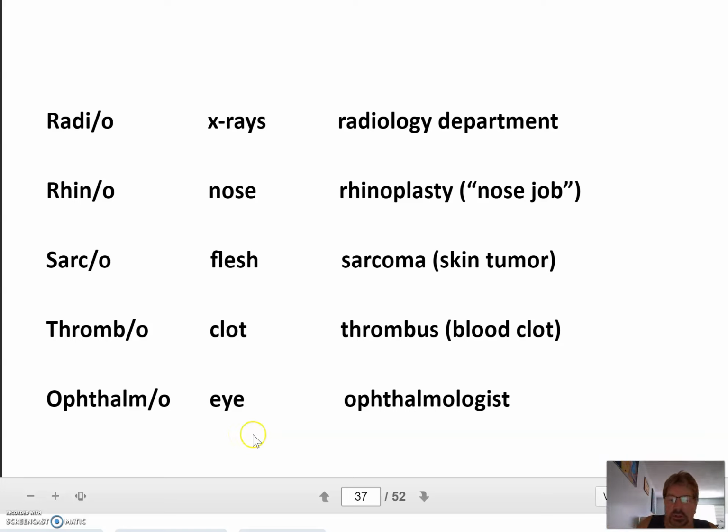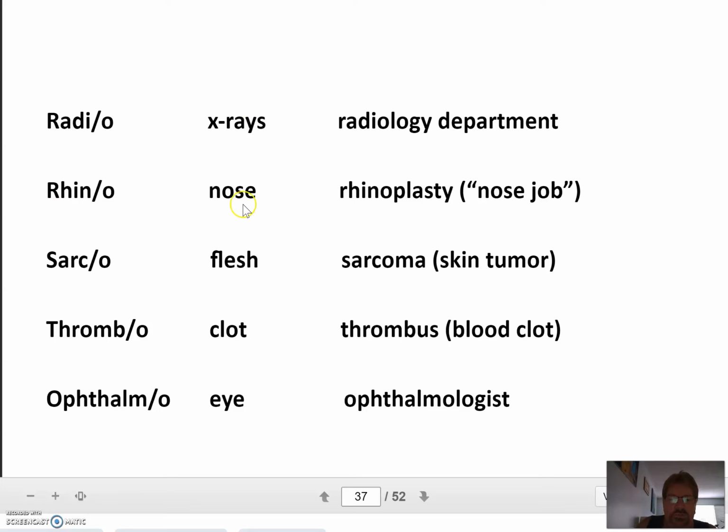We're on slide 37, chapter 1, medical terminology 1. We left off with x rays. Radio or radiology has to do with x rays. I know it sounds like radio, but it's not. Radio waves and x rays are both electromagnetic radiation, but there's a huge difference in the amount of energy they have. Radiology is x-rays, but actually it's medical imaging now, guys, because they have a lot of newer stuff like MRIs and so forth.